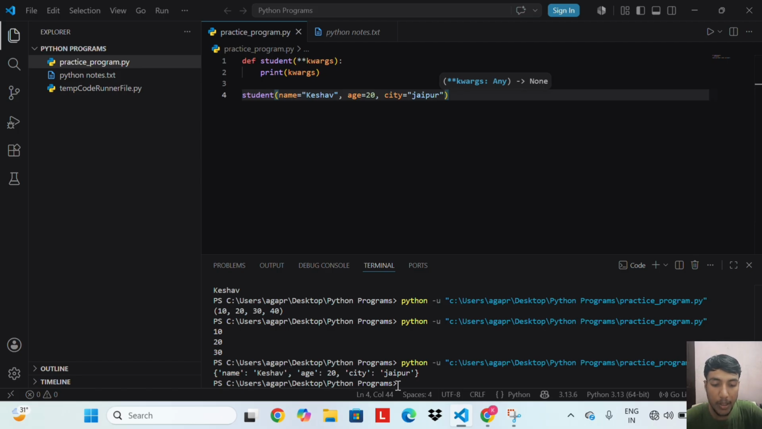Double asterisk kwargs is similar to asterisk args, but for keyword arguments. The double asterisk tells Python to collect all keyword arguments and pack them into a dictionary. Here we passed name equal to Keshav, age equal to 20, city equal to Jaipur. All three are collected into a dictionary where the parameter names become keys and the values